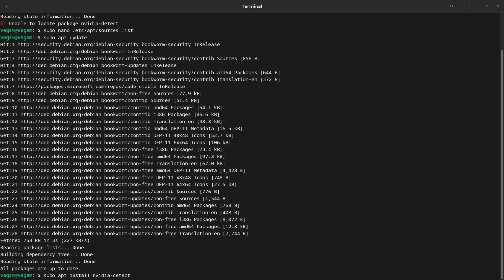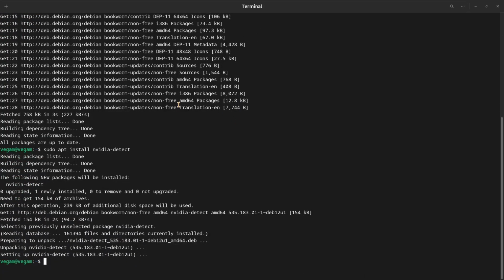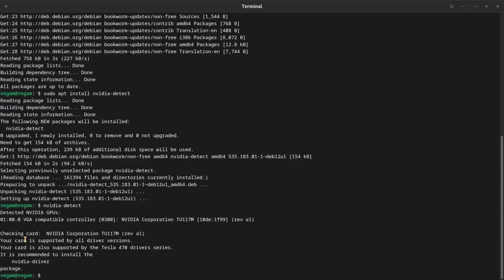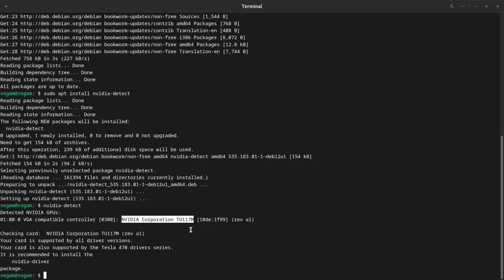Sudo apt install nvidia-detect. Yeah, it is found now, and it has been detected. Now let me just try the nvidia-detect command. Yeah, so the Nvidia GPU is detected. It is a VGA compatible controller. This is the module that is controlling the GPU. This is the code name of the Nvidia GeForce GTX 1650, and